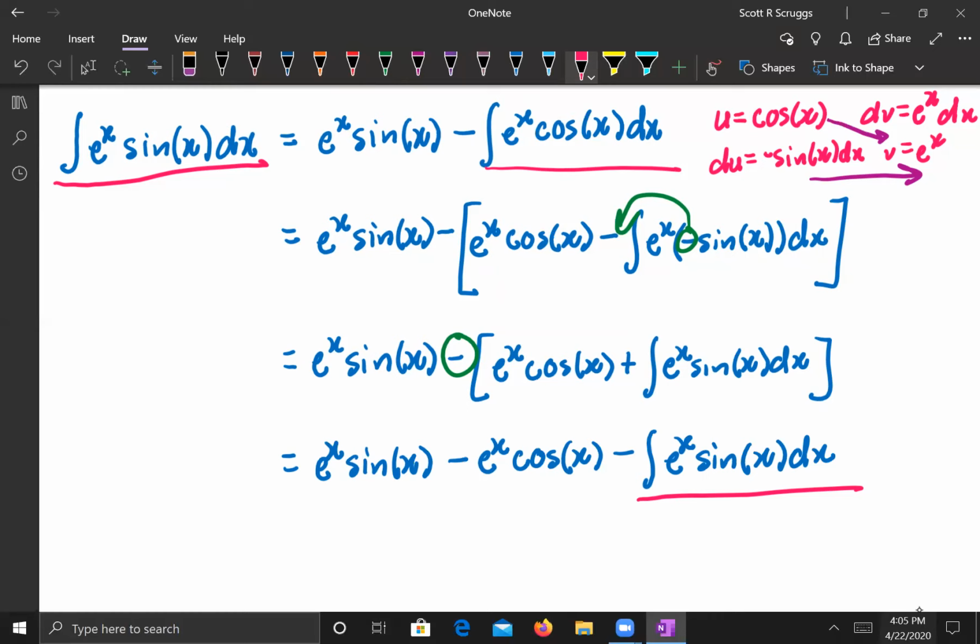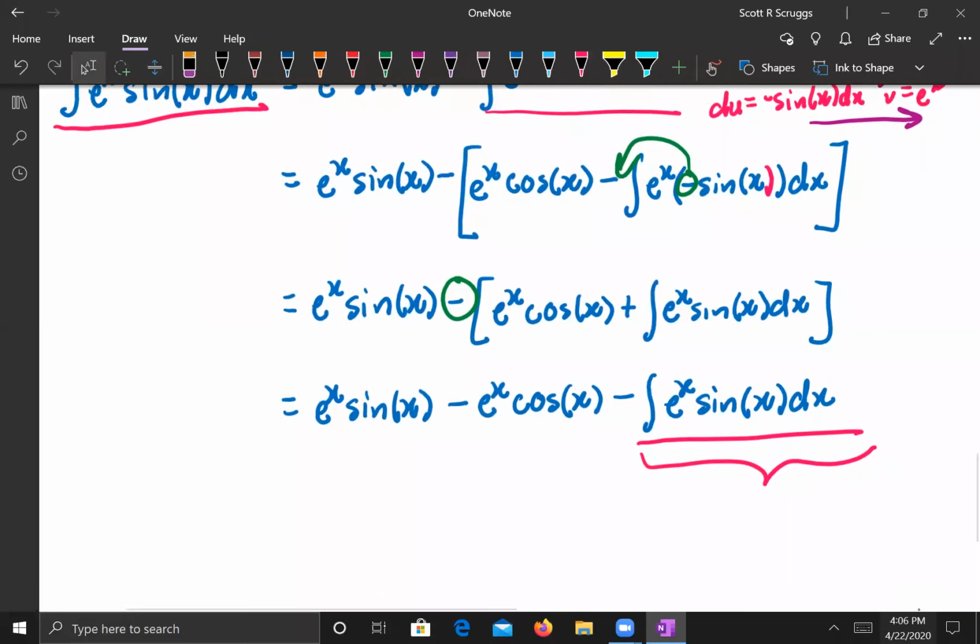So let's see how we can tackle it if we loop back to the original integral. And here's going to be my idea. Our end goal is to take the antiderivative of e to the x times sine of x dx. And so if I ever loop back around in my integration by parts,